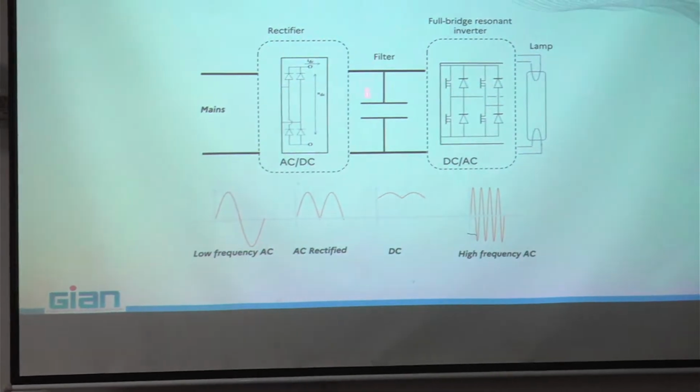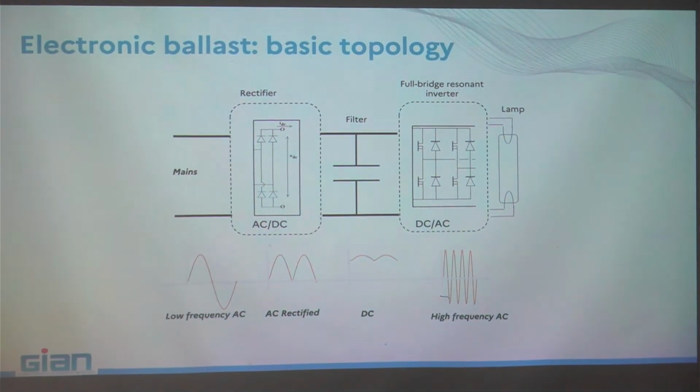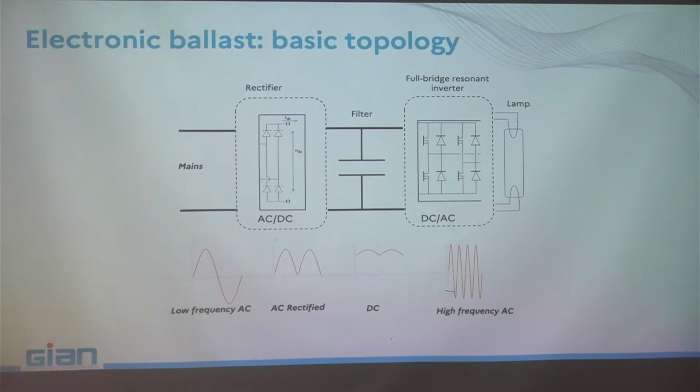Why do we need a very nice DC? For two reasons: in order to avoid injecting harmonic distortion in the mains, and also, even if you send high frequency here, in fact you have variations due to the remaining DC voltage variation, and this will induce flicker in the lamp. Flicker at a frequency which is double the mains frequency. If you are at 50 Hertz, you will have flicker at 100 Hertz. If you are at 60 Hertz, you will have flicker at 120 Hertz.